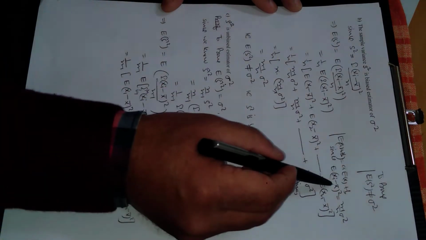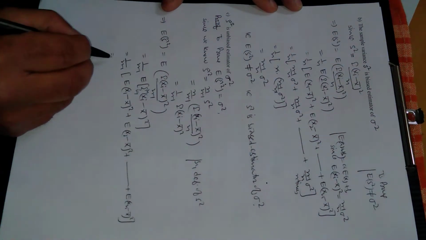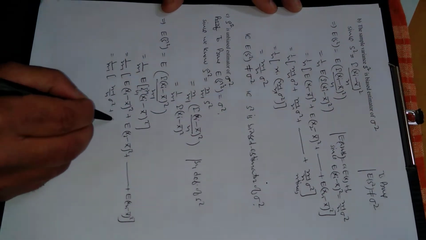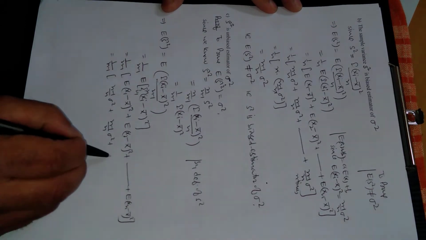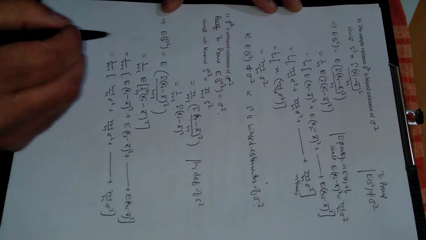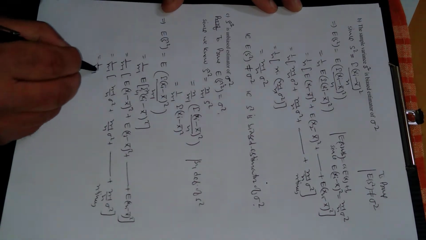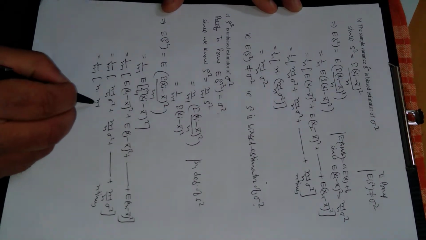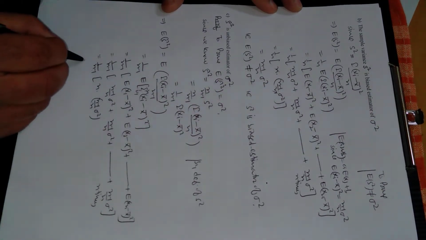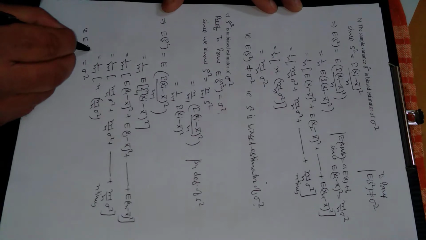Now again using this result, the value of each of these terms will be n minus 1 upon n into sigma square. So we will get 1 upon n minus 1, times n minus 1 upon n into sigma square, plus also n minus 1 upon n into sigma square, and the last term will also be n minus 1 upon n into sigma square. How many times? These are n times. This will equal 1 upon n minus 1, bracket start, n times n minus 1 upon n into sigma square. The n and n cancel, n minus 1 also cancels, so we are left with sigma square, that is E of S cap square.